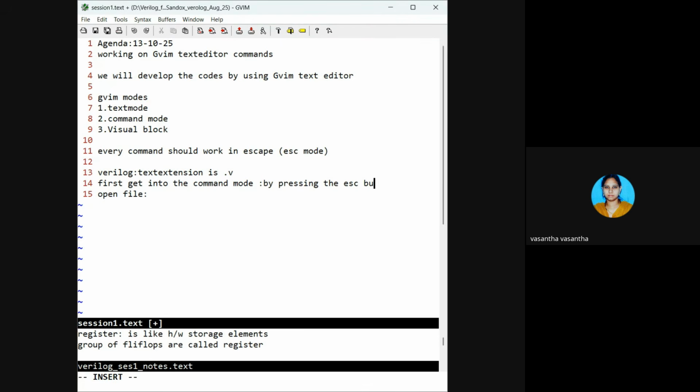Then press shift plus colon. This is the colon you have to press. Then you have to write it. To open a file to implement any code, like a half adder, full adder, or any decoder you're implementing, you just have to